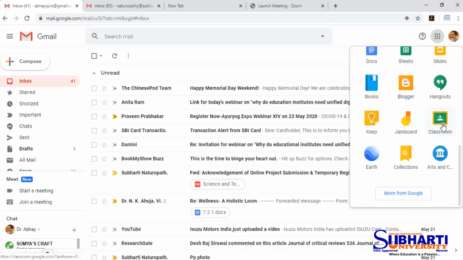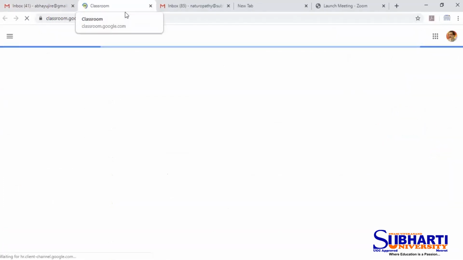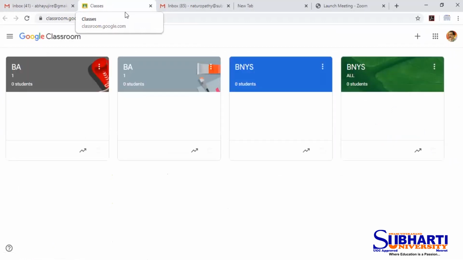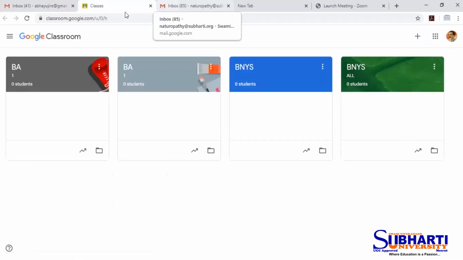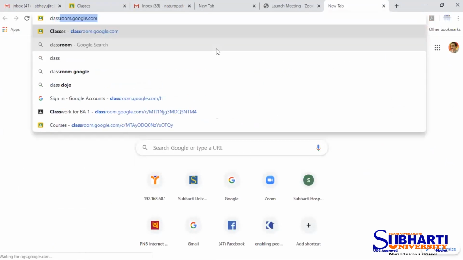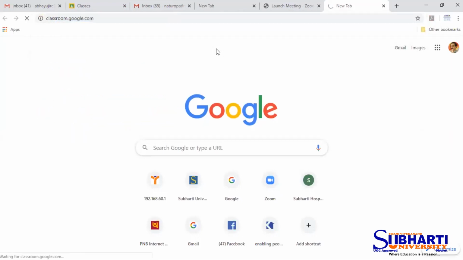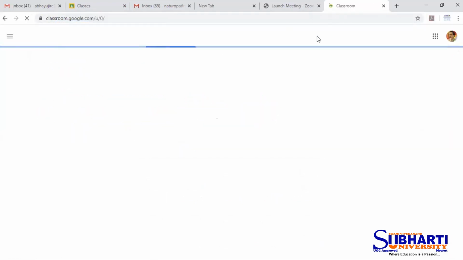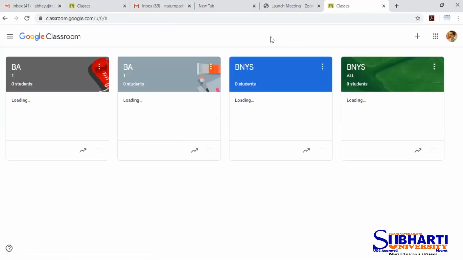This is the Google Classroom link where you can directly enter. That is the second way. And the third way is to open a new tab and type in the browser classroom.google.com, and press enter. Once you do that, it will go directly to Google Classroom.